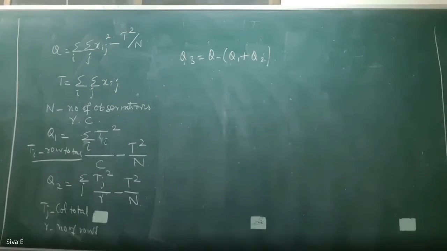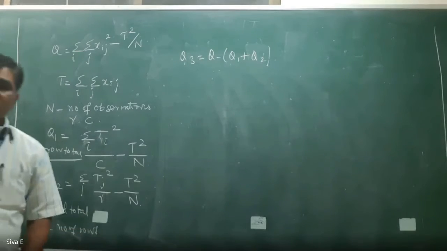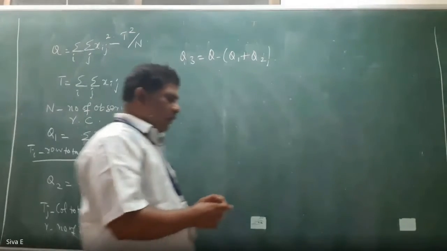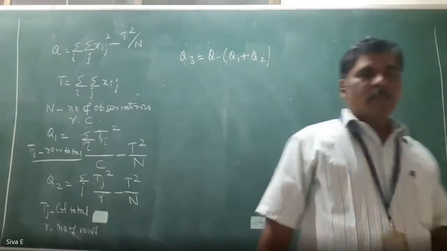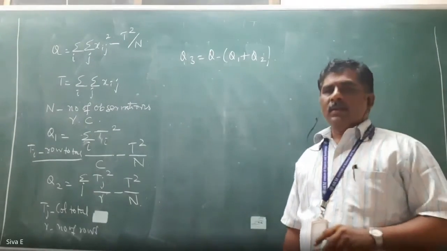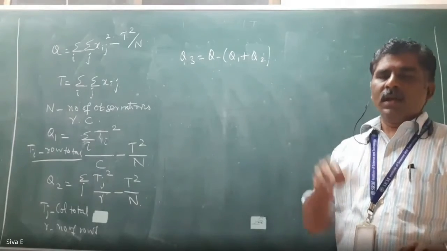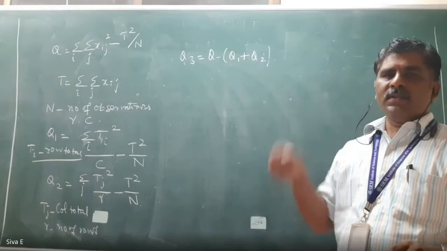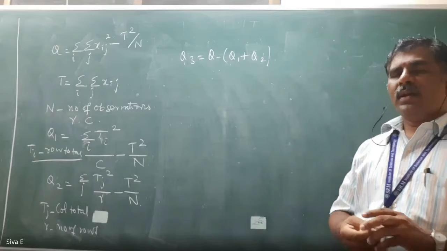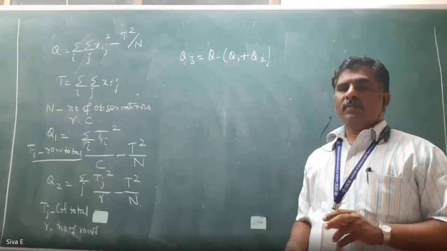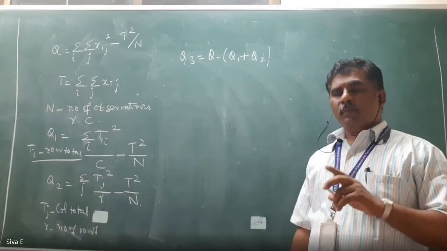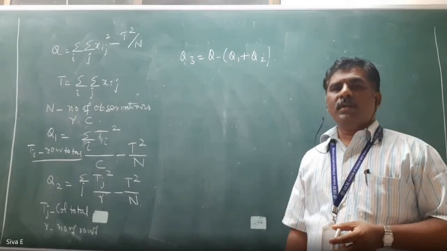The procedure is the same as we have done in one-way classification. Here we are extending it. In one-way classification, we wrote the data row-wise and did it for rows, or wrote it as columns and did it for columns. But here we have to do it for both rows and columns.